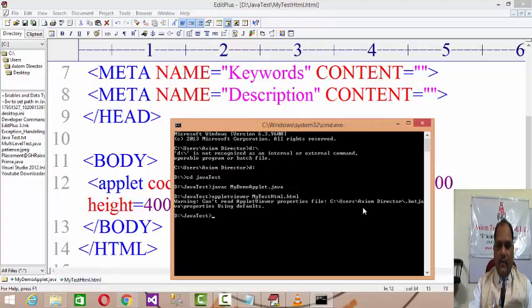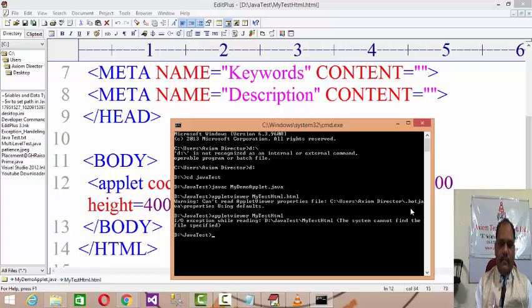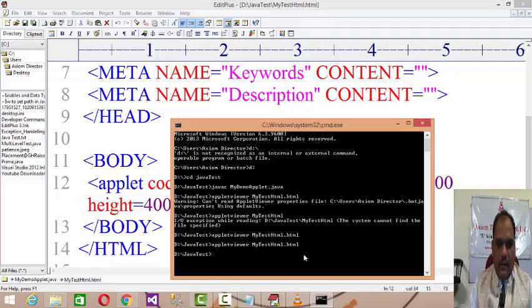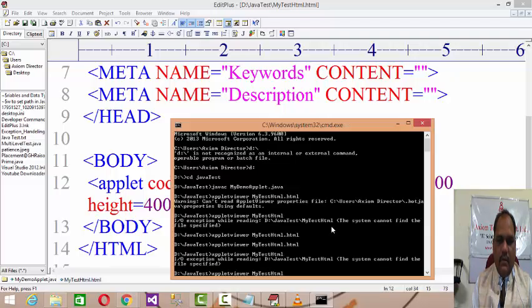Can't read particular file. Okay, can't specify HTML. Test HTML. Okay, fine.